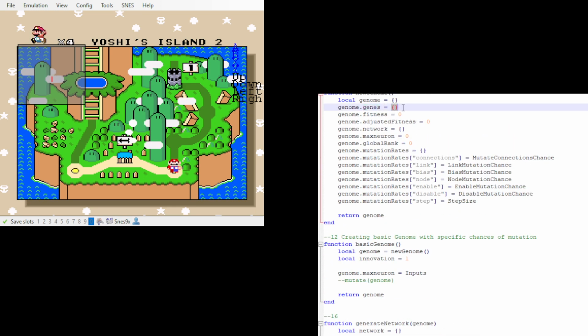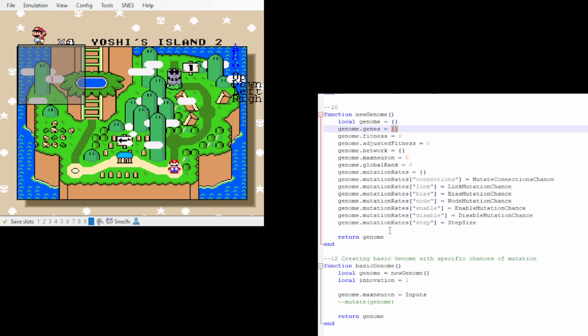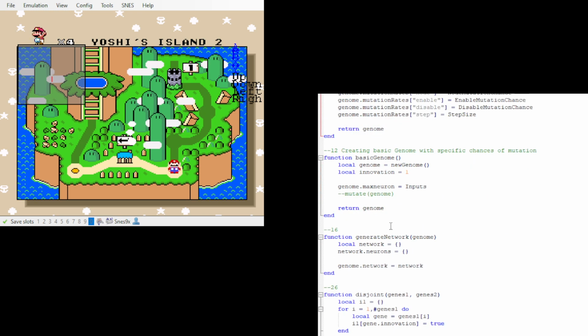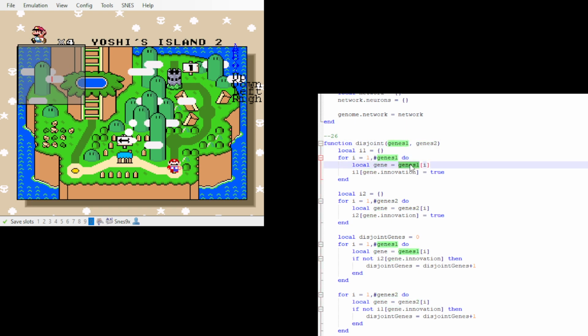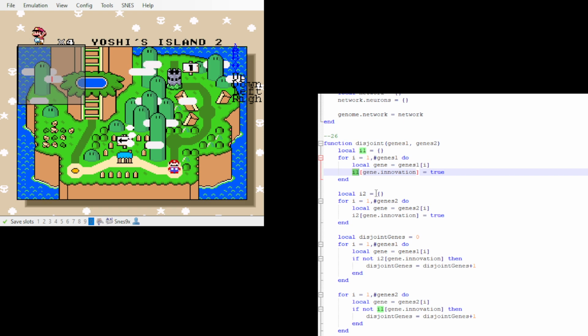Also, this is a list. So we actually don't have anything that defined a gene yet. So number of genes in the first one, number of genes in the second one. So gene is one item, and then what is this? This is a list, IL, and then